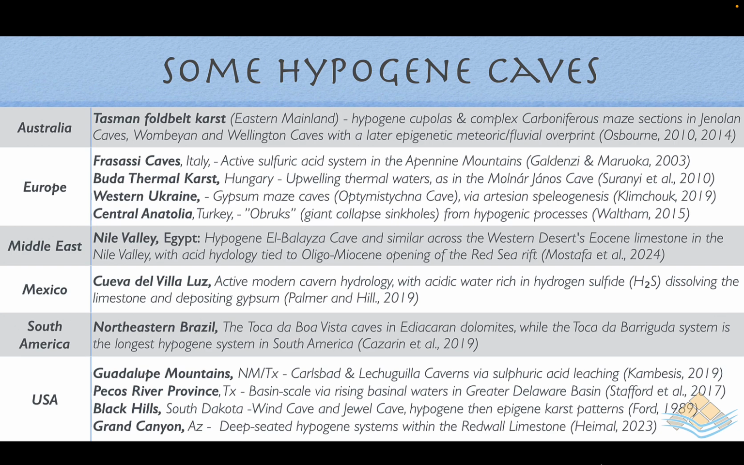And then we have classic cave systems such as Toca de Boa Vista caves in the Ediacaran Dolomites, in what is probably the longest hypogene cave system in South America. And then we have these very well-studied hypogene provinces, which we'll look at in the next chapter in detail, in the Guadalupes, and also in the Black Hills, where we see typical hypogene features, cupolas, fissure-controlled passages associated with gypsum